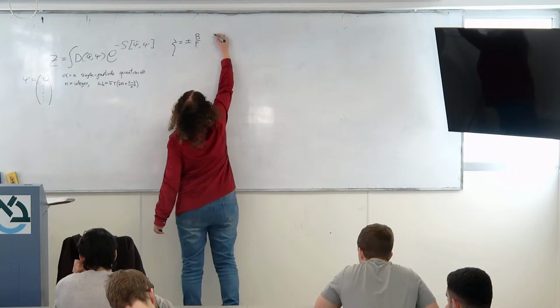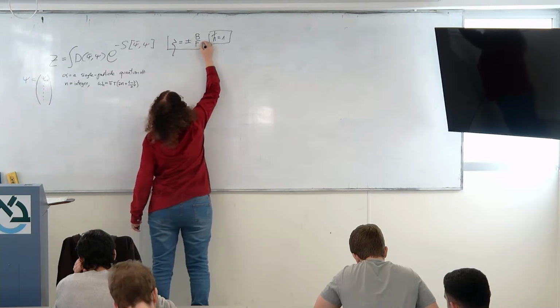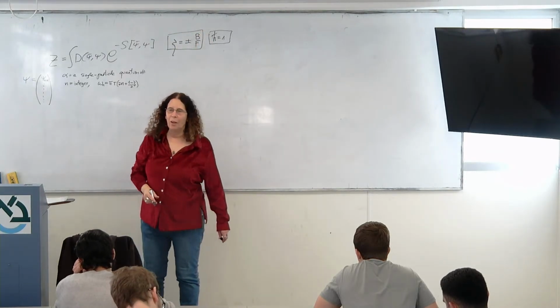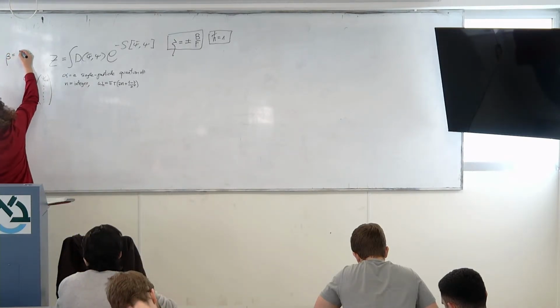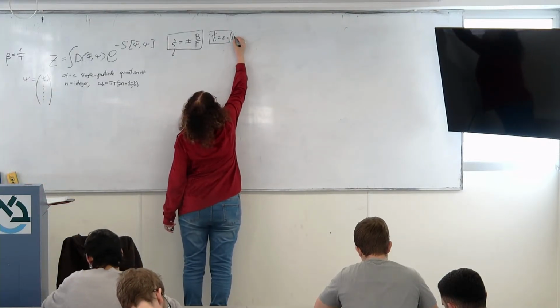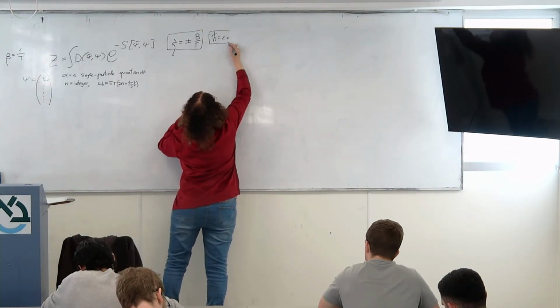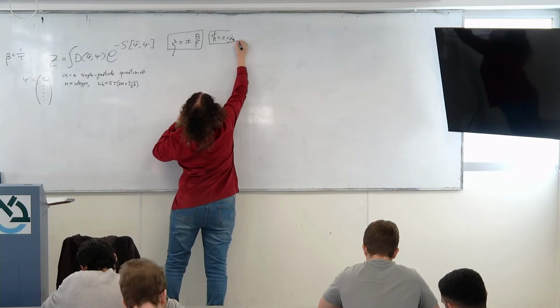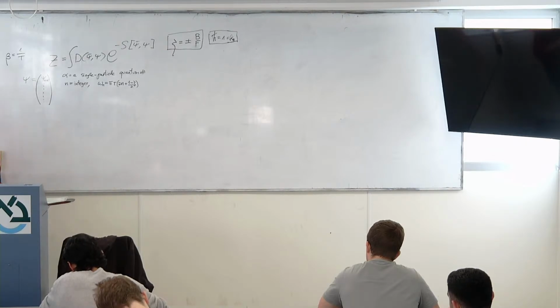I also want to put here another convention that we use units where h bar is 1, okay? And we define beta to be the inverse of temperature, so actually this is also Boltzmann, okay? I'm leaving it up there. This will be throughout. Okay, so these are the fields, and